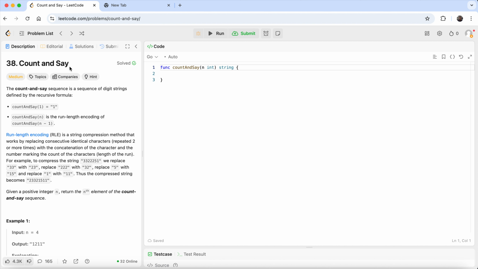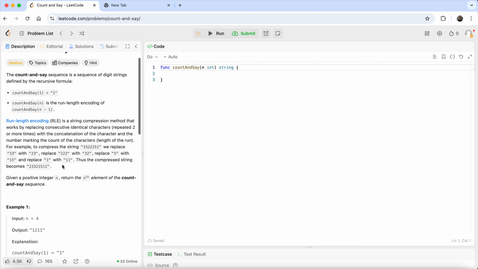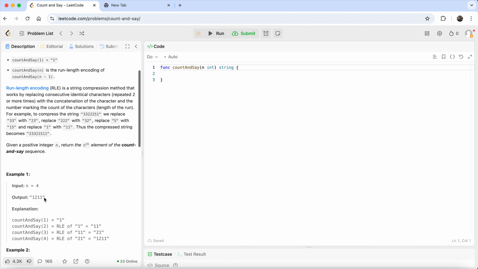Let's solve the count and say problem from LeetCode. It's a medium level problem. So let's try to understand it, and then we'll start writing the code for this. So in this problem, when the input is given as 4,